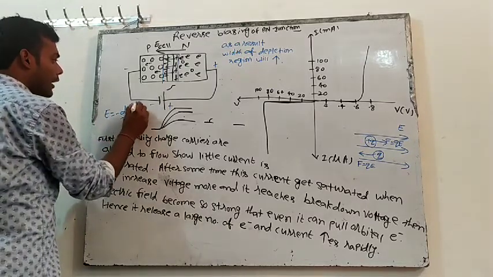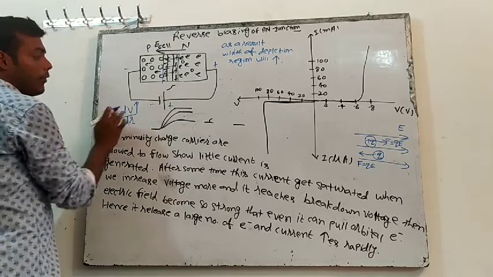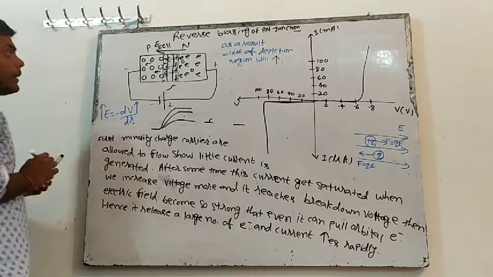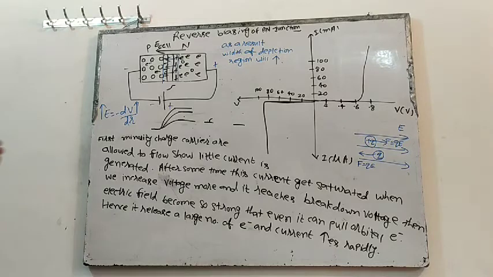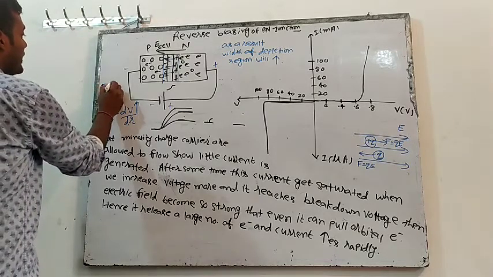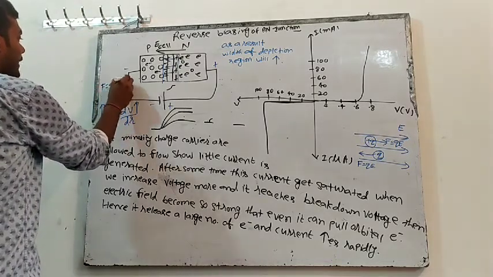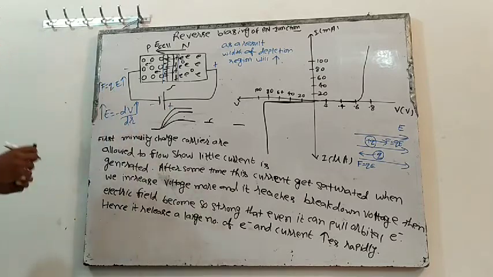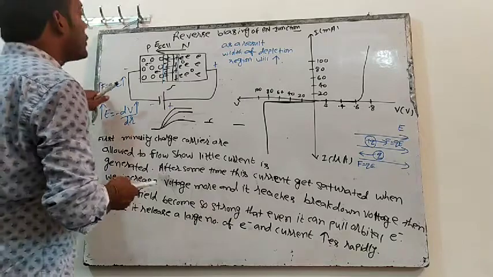What am I doing here? We are increasing potential. So if we increase potential, the electric field will also increase. And if the electric field increases, then we know the formula F is equal to qE, that if the electric field increases, then this force will also increase, direct proportion.